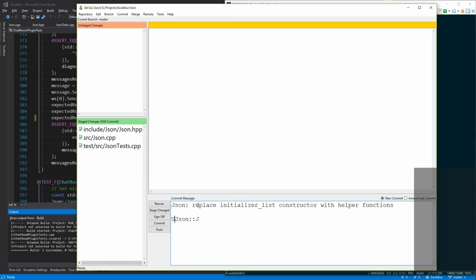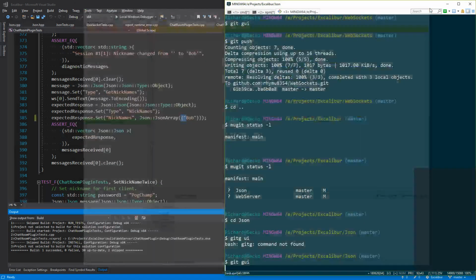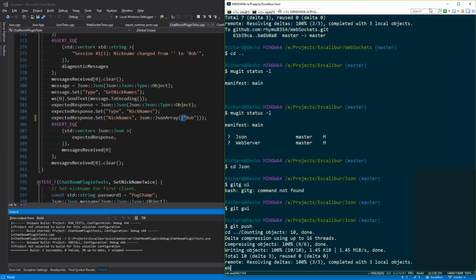JSON: use JSON array rather than old initializer list constructor. Use JSON object to make a JSON object from an initializer list of pairs, key value pairs. All the tests passed, good.